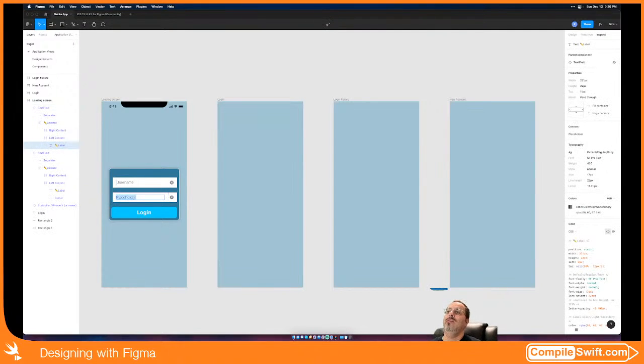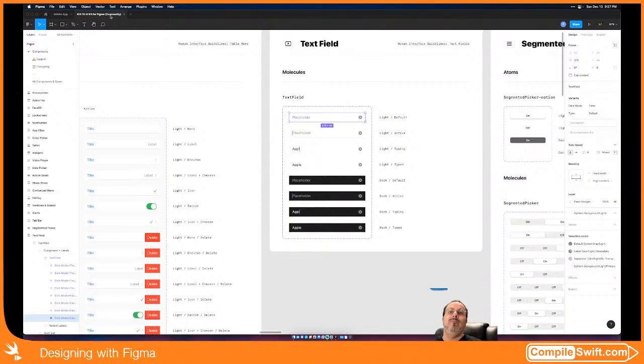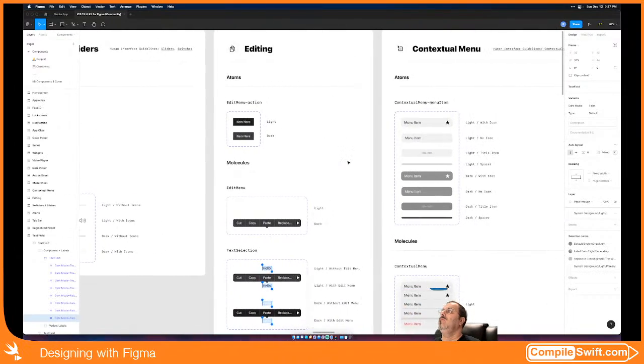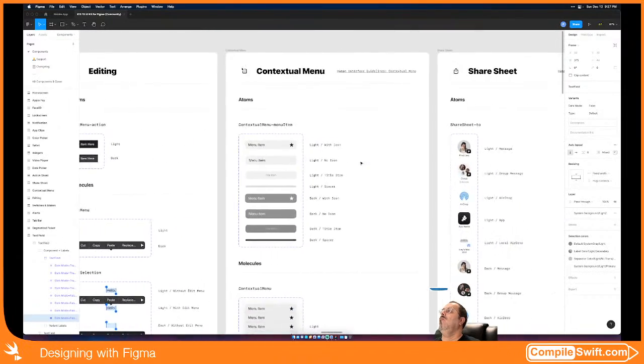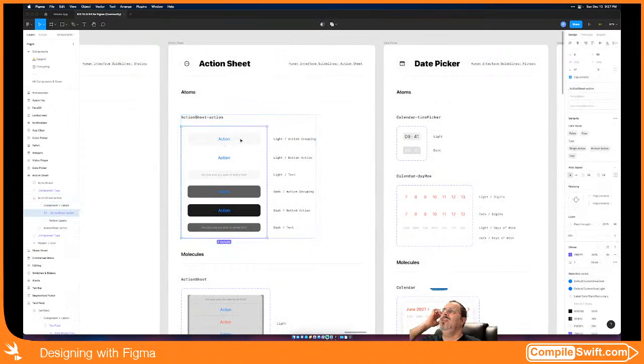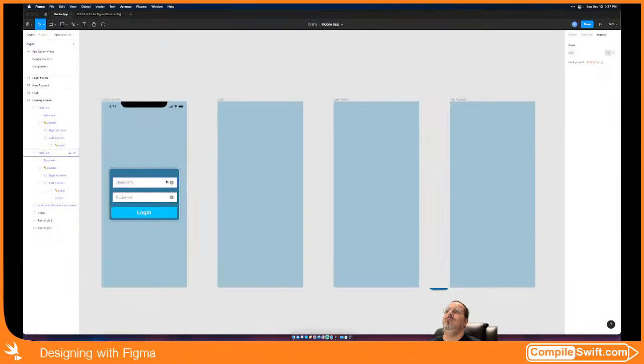Drill down. Ask them for their password. Okay, that's those. Now, for the button, I think what we'll do, I'll just take this standard one here, copy that, and then